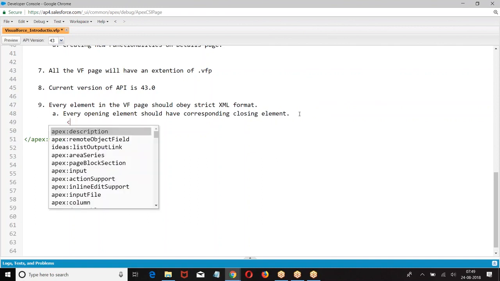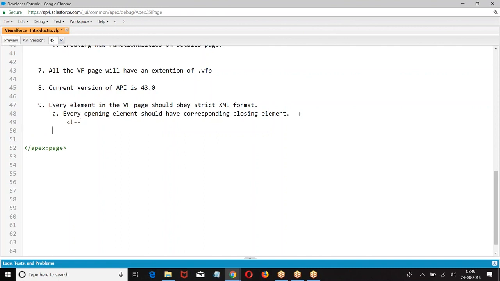So when I give this, if this is opening, this is closing. Or open and close in the same line.